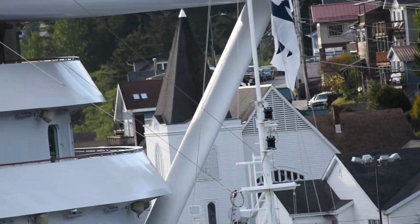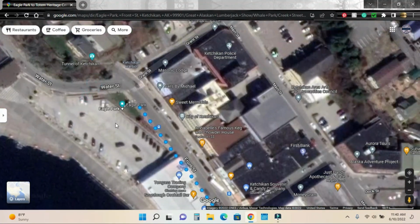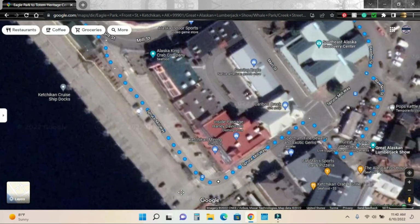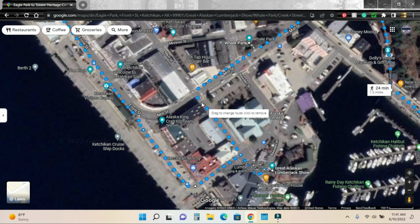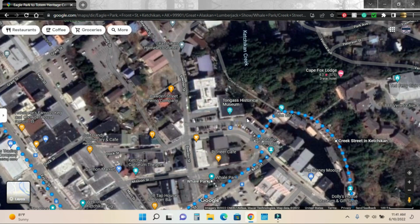And he's out. So this gives you a really good idea of the path that we took to get around Ketchikan. We started out by Eagle Park and kept walking along Front Street. This is the only difference, that Google will not let you see the actual path we took. We didn't walk along this path. We actually walked along the marina so that we can get pictures of the boats and everything back in here. We walked along Main Street to get over to the whale park. We did walk a little further back over here so we can get a picture of that fish,